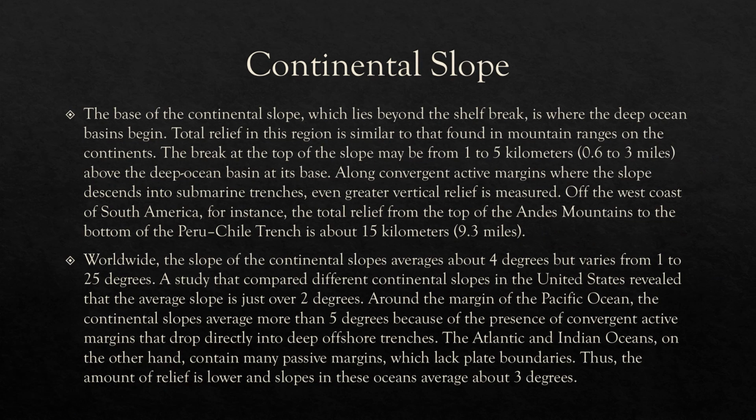Now let's discuss the continental slope. We know that the continental slope is the portion which lies beyond the shelf break and where the deep ocean basins begin. The total relief in this region is similar to that found in mountain ranges on the continents. The break at the top of the slope may be from 1 to 5 kilometers above the deep ocean basin